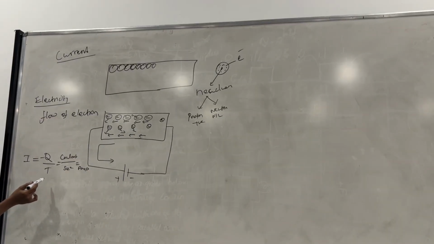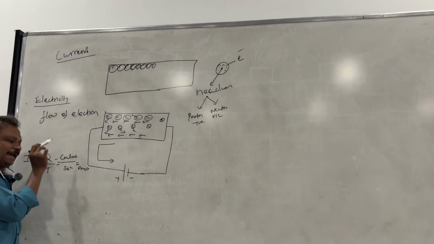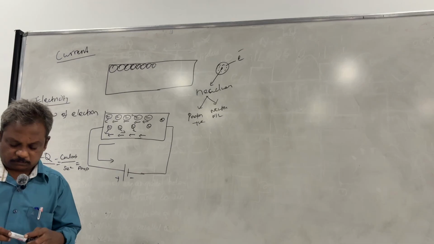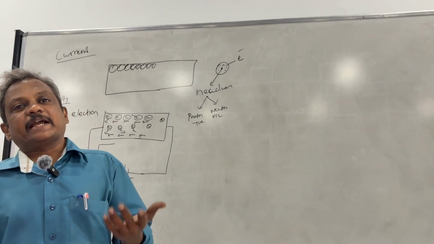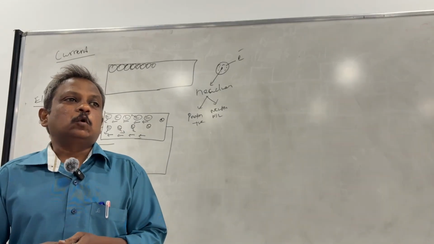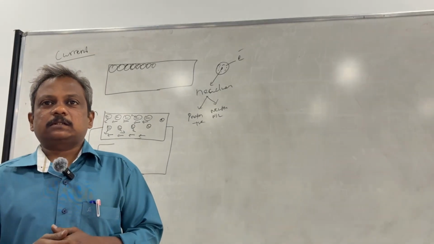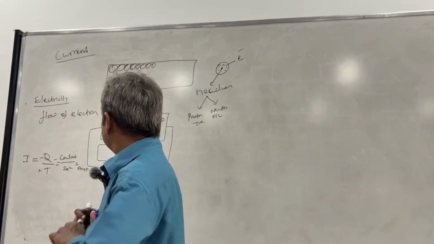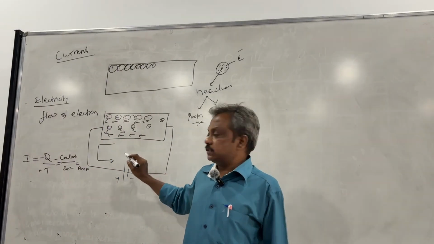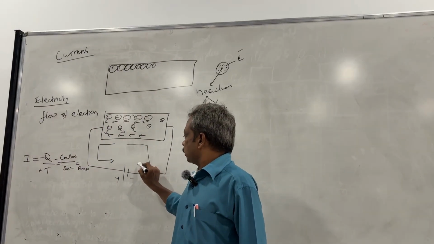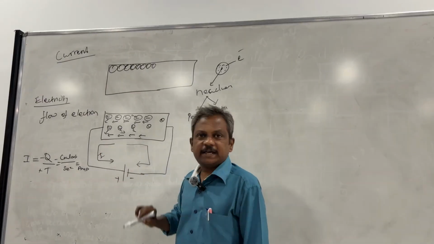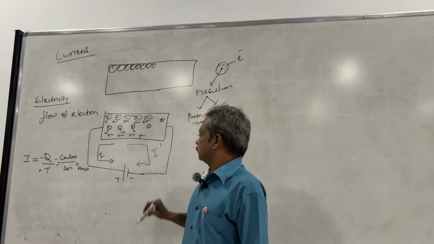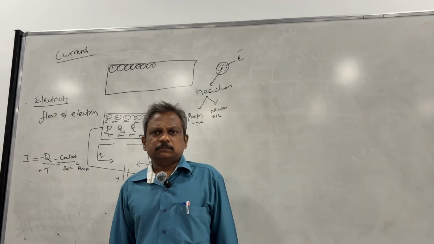It is starting from 0 only, or not? What is the overall sign? Negative. So whenever you mention current, you have to mention this negative sign. To avoid that, what we conventionally practice is assuming the current direction is opposite to the flow of electrons. This means this is I, and this is I dash. I am assuming. Is there any problem?